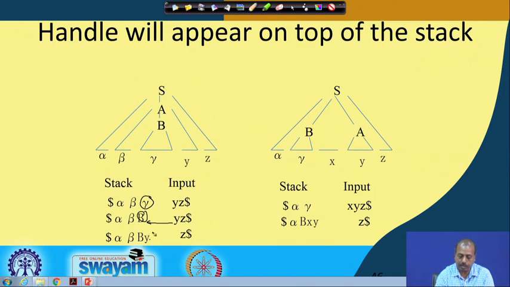This gives me a handle, and this beta B y is replaced by gamma. So that way it can proceed. This is just an example of how these handles can come at the top of the stack.